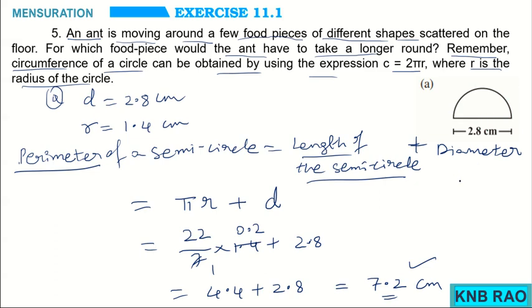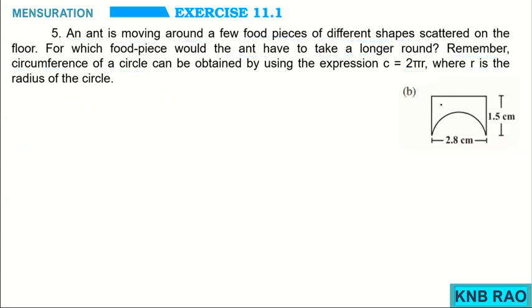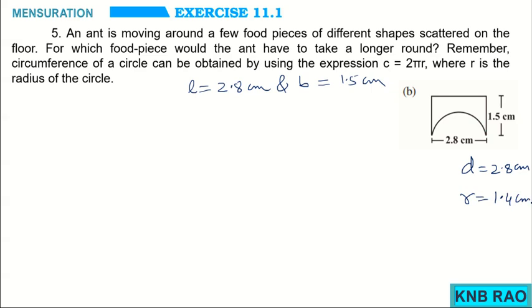Okay. Now let us take this concept further to the shape B. Here in the shape B you could see some semicircle portion is taken away from this rectangle portion, correct? So I have got one way length as 2.8 centimeter and breadth as 1.5 centimeter of a rectangle. But in another way diameter is 2.8 centimeter for this semicircular portion, therefore radius is 1.4 centimeter.